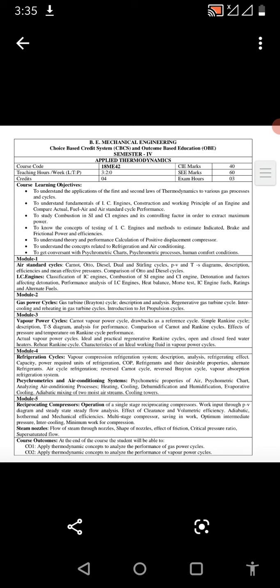Then in module 4 we discuss refrigeration as well as psychrometrics and air conditioning. Refrigeration you all know; we deal with vapor compression systems and vapor absorption systems, and we will see the COP, that is coefficient of performance. Similarly, psychrometrics deals with the study of the properties of air. And in air conditioning systems, we will see, for a place like Goa, which is hot and humid, and an interior place like Rajasthan, which is hot and dry.